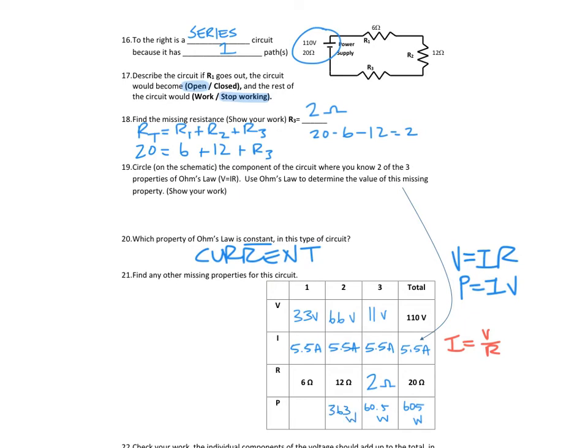And lastly, I times V, 5.5 times 33 gives me 181.5. And if I want to double check everything, 181.5 plus 363 plus 60.5 equals 605. All right, so